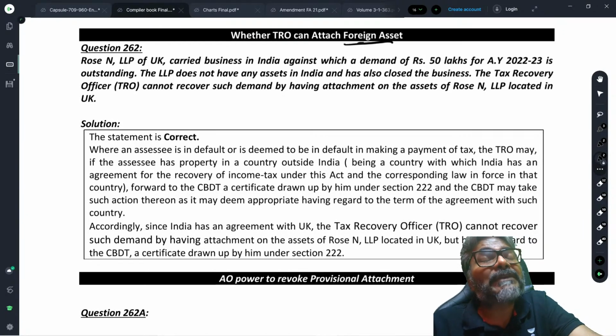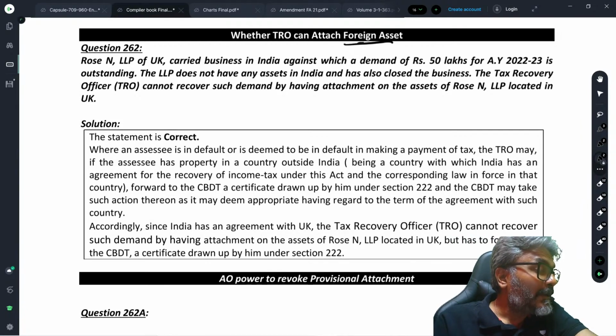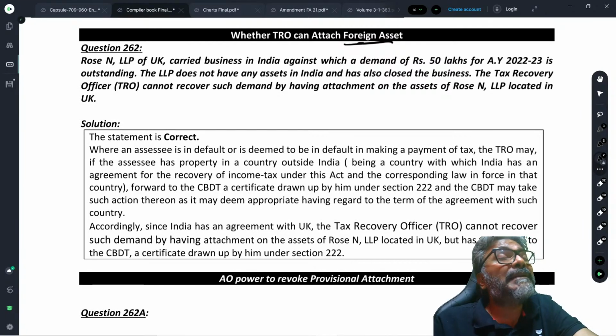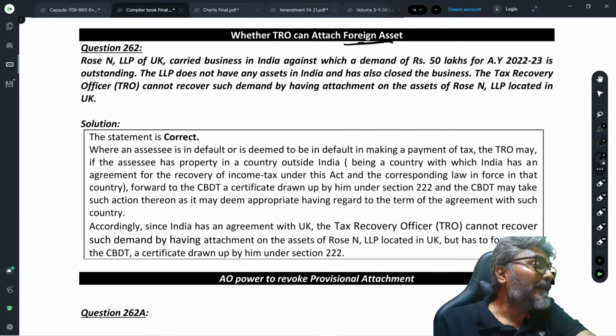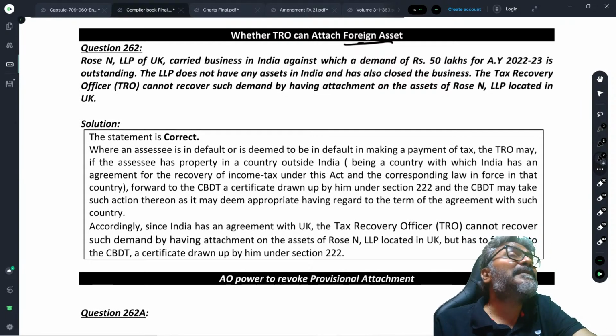And the certificate so made will be given to the CBDT. Now the CBDT will then coordinate with the tax authorities in UK, because students, in the DTAA there is an agreement whereby recovery of taxes is also facilitated. And because the recovery of taxes is also facilitated in the DTAA, therefore the Indian CBDT will then give the